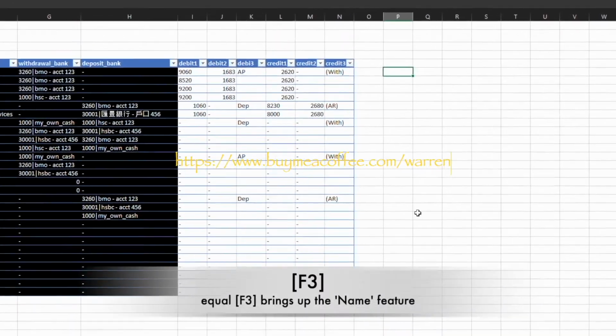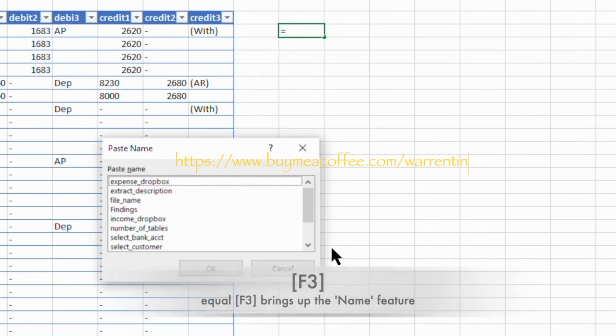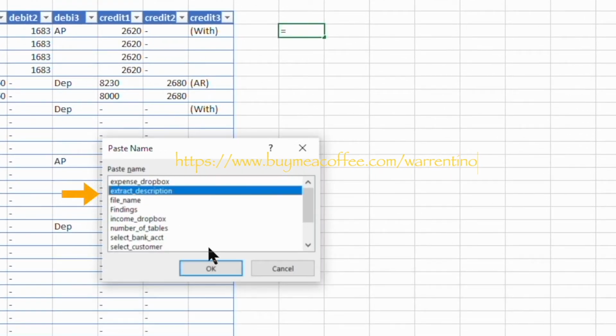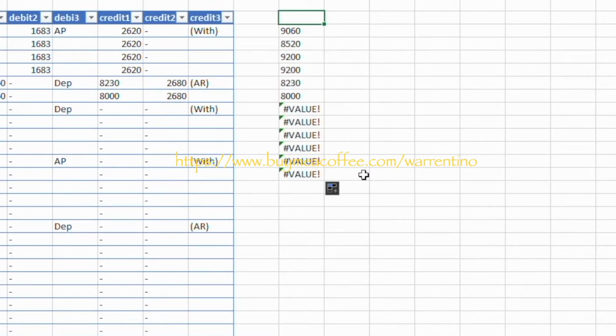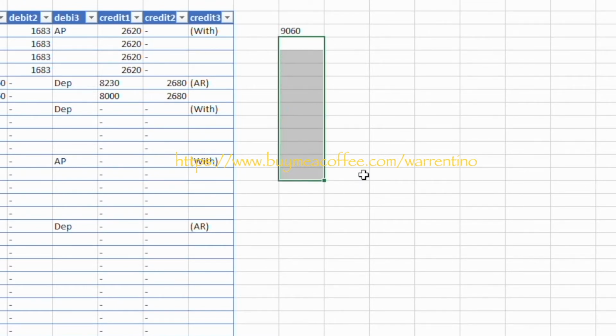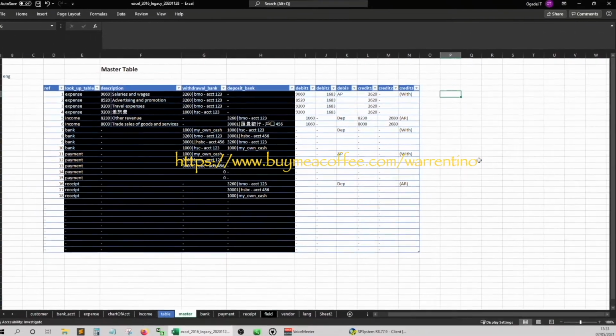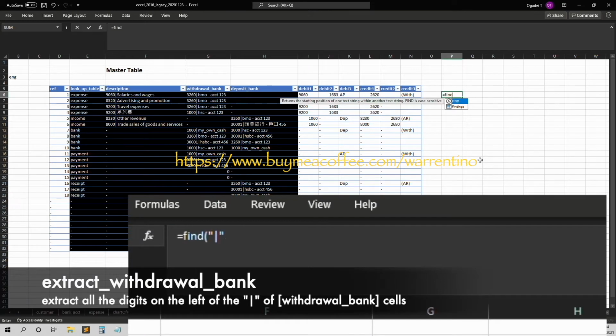Now you can use the name extract description instead of typing out the left and find formula to grab the GL number from the description column. You'll see how you can save time with this naming method. We do similar things to extract the withdrawal bank's GL number.